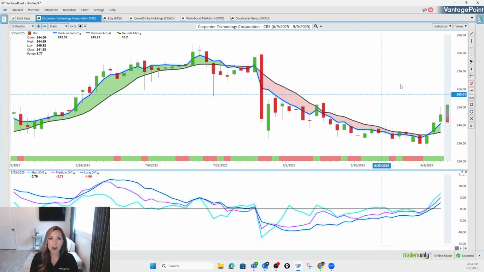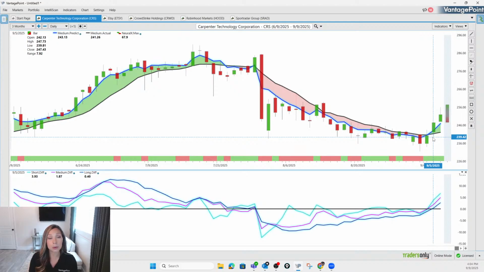So with our trend shifts in the market, it's really important to understand the timing behind those trend shifts. And that's where our predictive indicators come into play. And these predictive indicators are powerful and powered by artificial intelligence. So what we're going to do is just quickly go ahead and